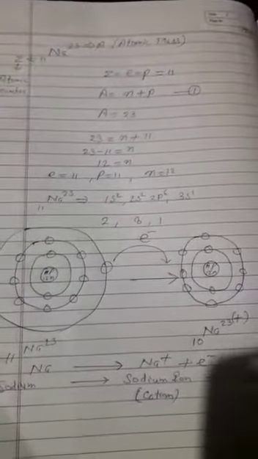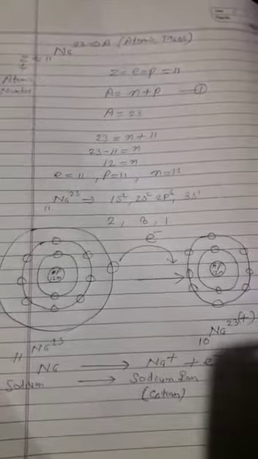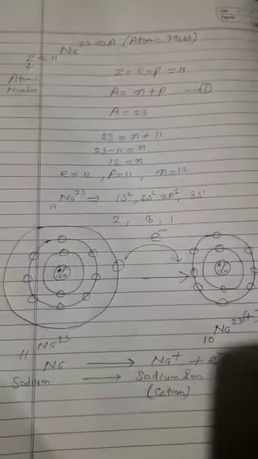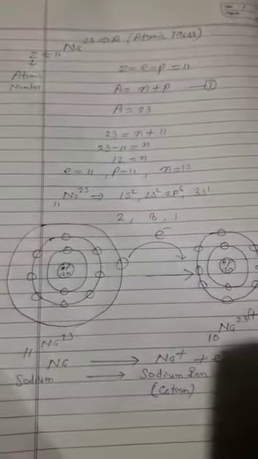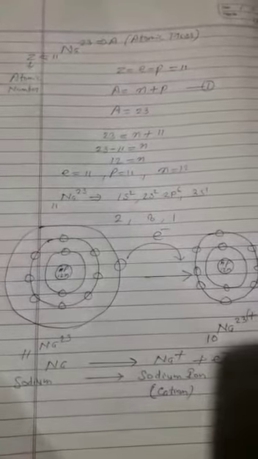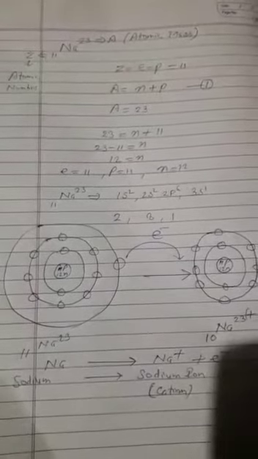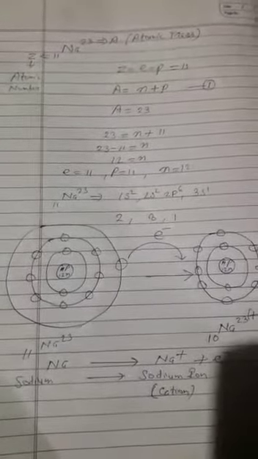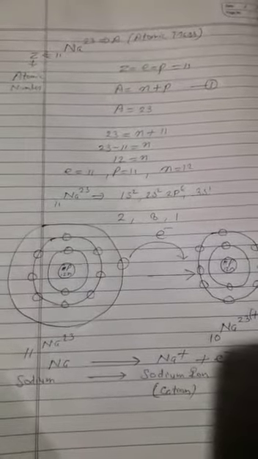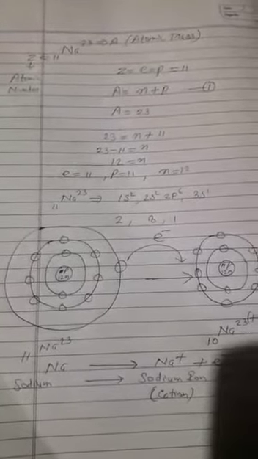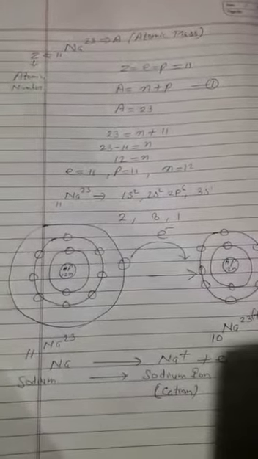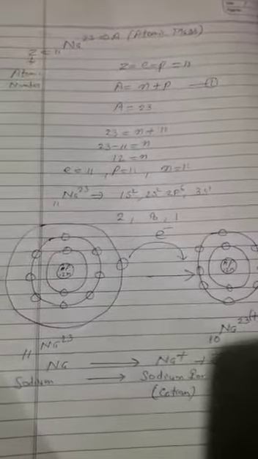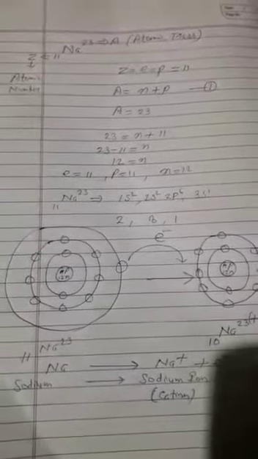by Z. So now, according to the statement, Z is equal to E is equal to P is equal to 11. It means the atomic number is equal to the number of electrons is equal to the number of protons, and in this question the 11 is placed as the atomic number. It means 11 protons, 11 electrons, and it is also the atomic number.